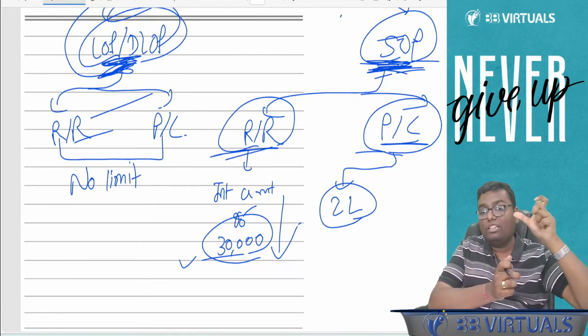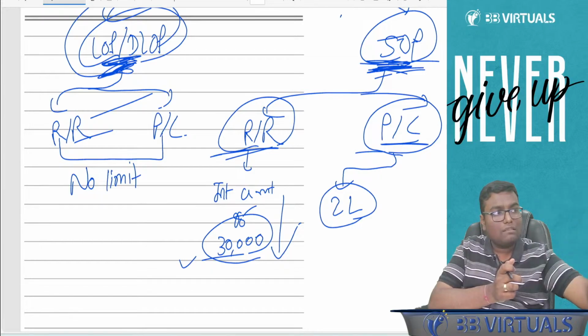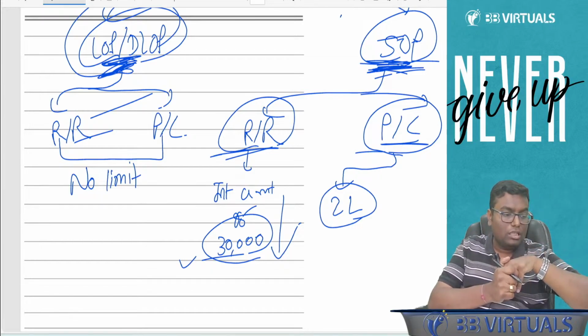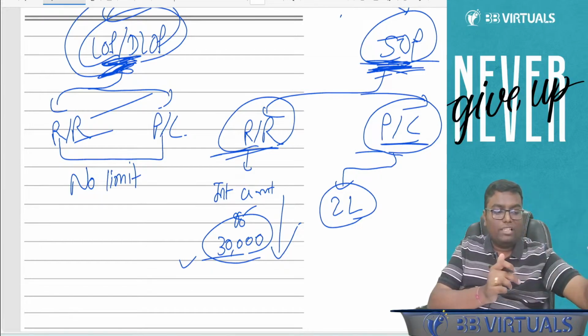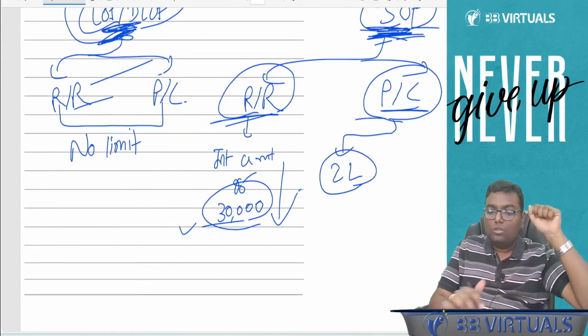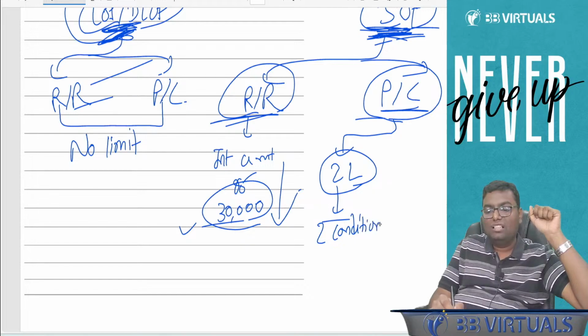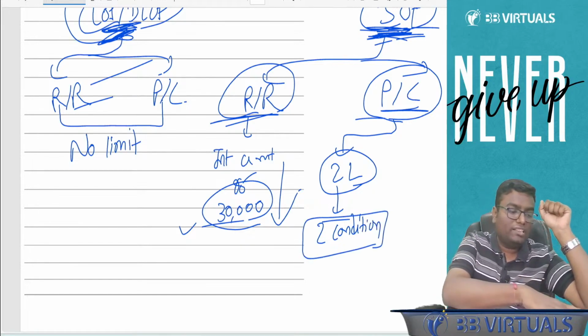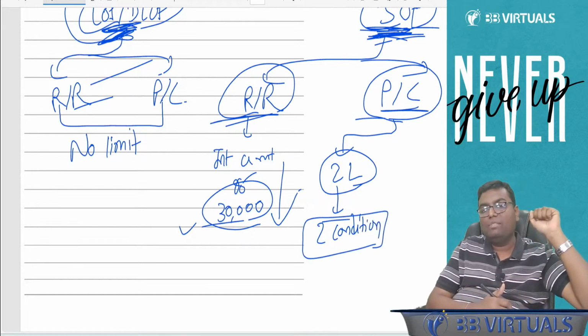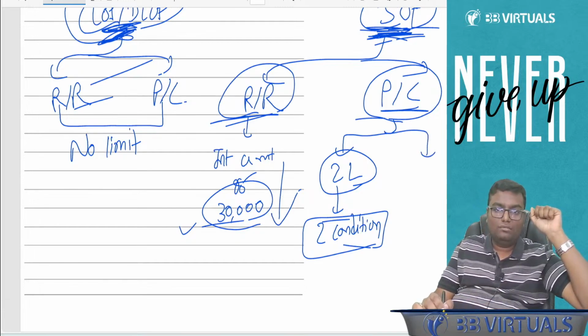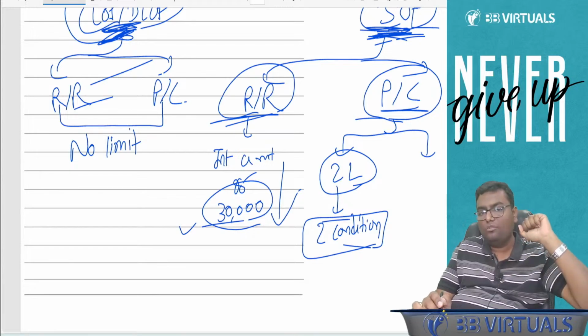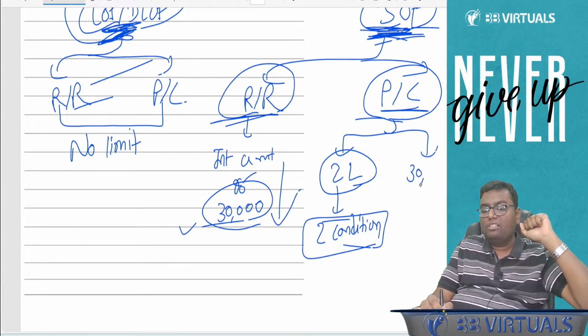Rupees 2 lakh, if the loan is taken to purchase or construct the house property. But this 2 lakh rupees of deduction will be allowed only if I fulfill two conditions. Only if I fulfill two conditions, that 2 lakh rupees limit will be allowed. If I don't fulfill those two conditions, even if either of the conditions I don't fulfill, the deduction will be